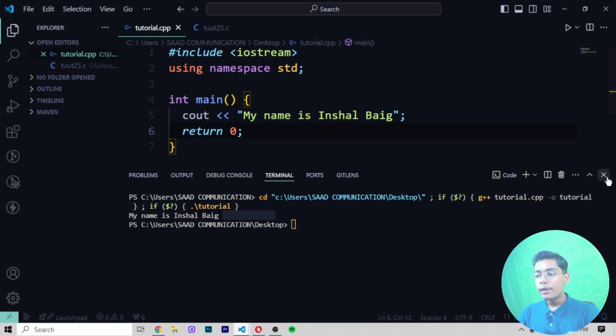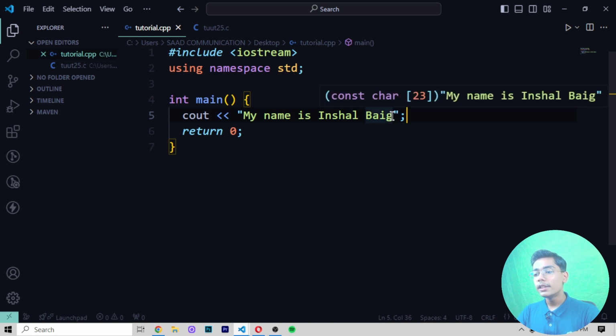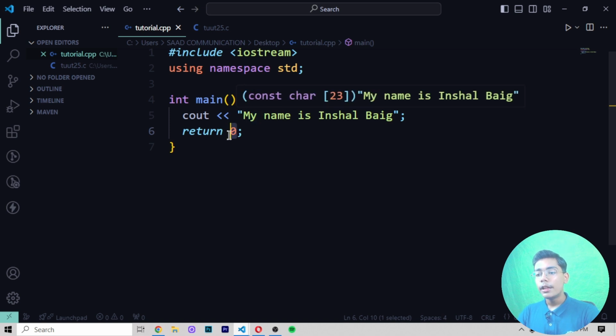And remember, when we have printed, we have used the cout function in that, because the cout function is really important to print any data, or you can say print any string value, in our terminal, and that is why we are using this string value with quotes. But we don't use parentheses in C++ because it's already imported through this IOStream. Then we don't have to use parentheses like we use in Python and C. So now we will be returning the value as 0, and that is why in the end we have written return 0, which is really important to write in C++ if you are working with it.